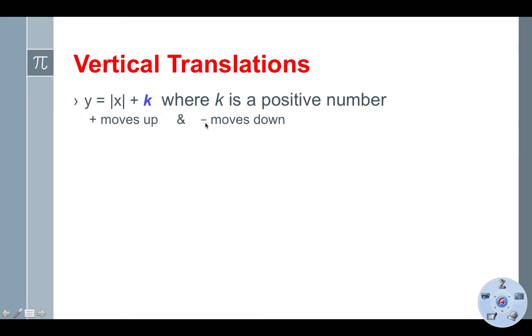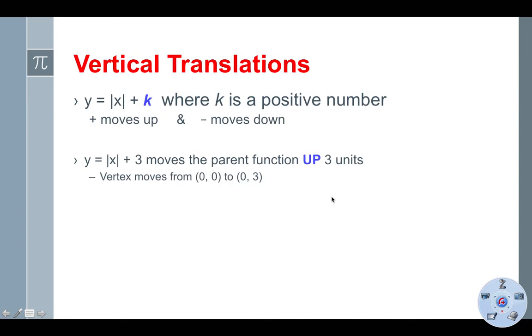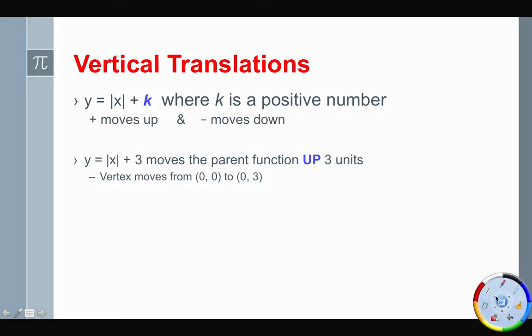And if we had a minus, it moves us down k units. So if we were to look at an equation that looks like this, y equals the absolute value of x plus 3, it moves the parent function up 3 units,